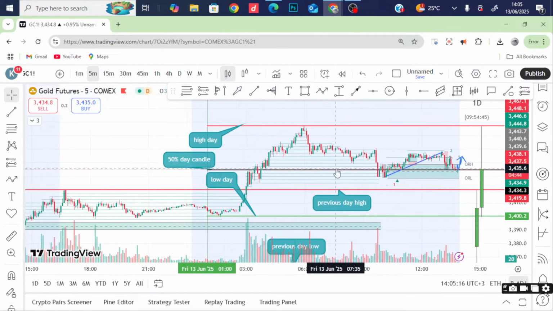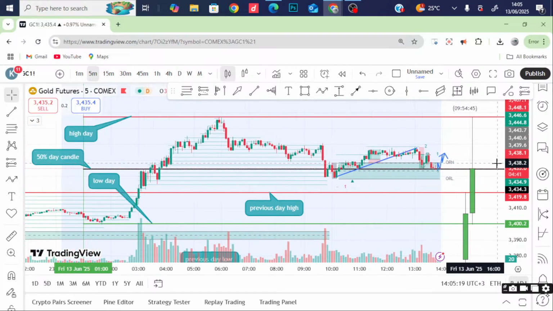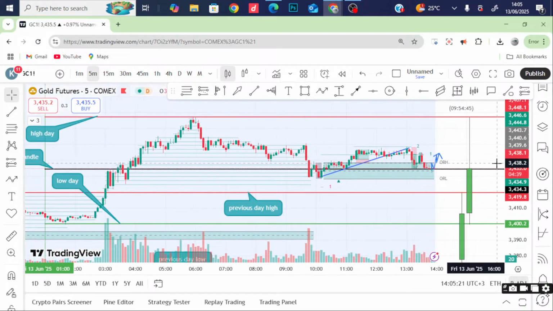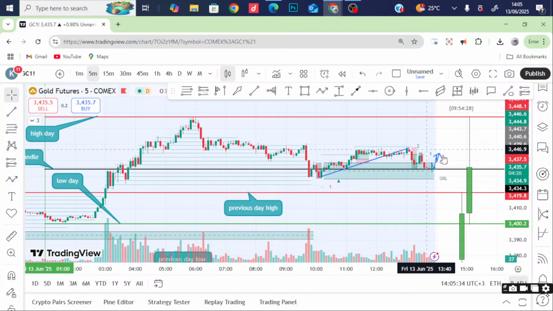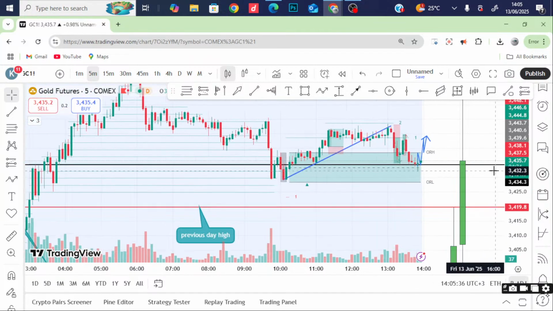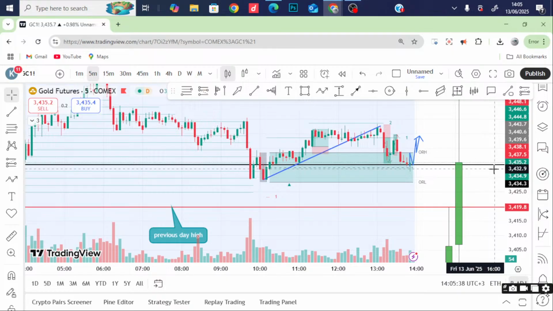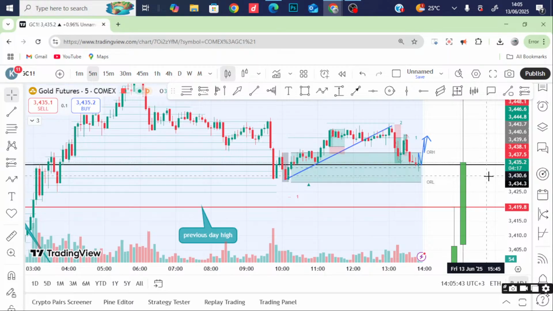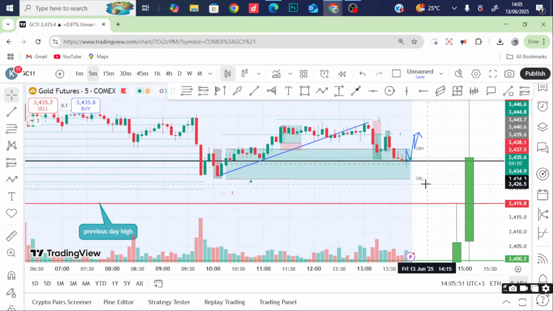So the first thing, there are four market sessions. In the 4 market sessions, the first one is Sydney, then the second is Tokyo, then the third is London, then the last is New York. Then it starts from the beginning. That's how it is. So the one key area that we have to understand in this is this: